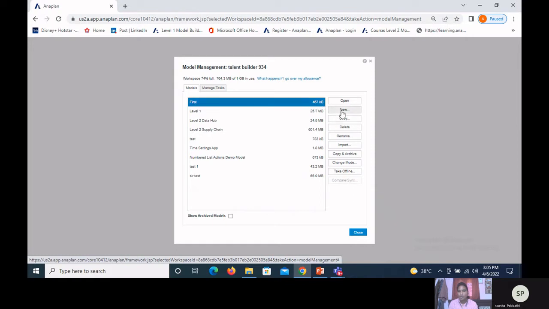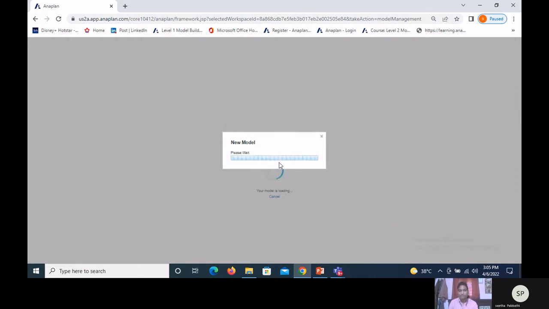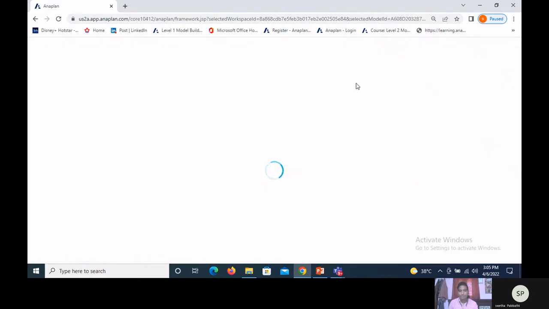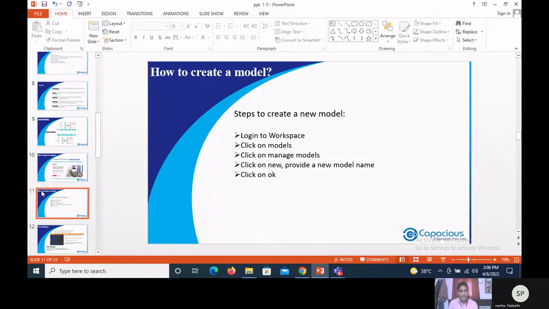So I'm just creating a new one, and the naming convention should be good for this model name. I'm just keeping it as a new assignment. Then we just have to click on create model. It will take us to the new model page. So this is the new model that I have created. And the next slide is about